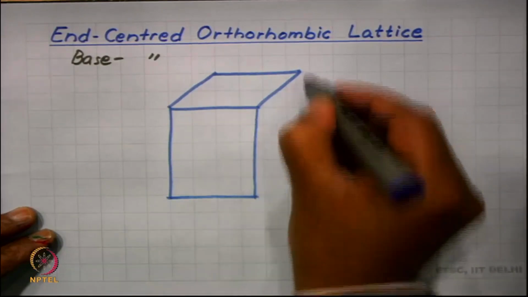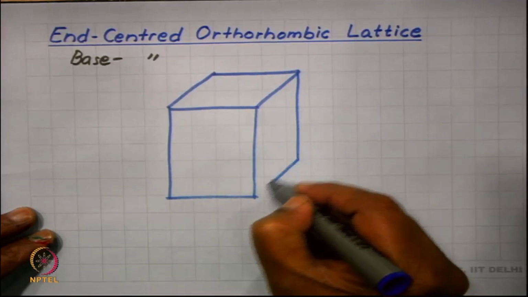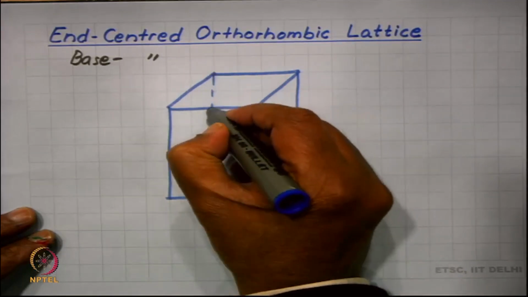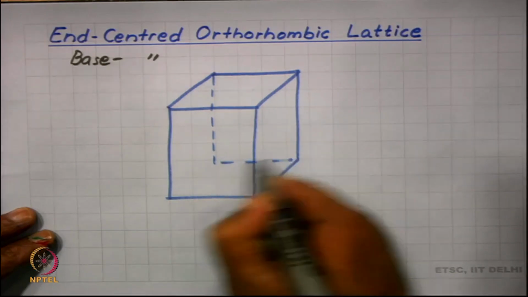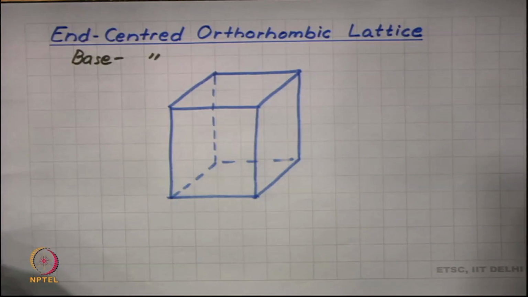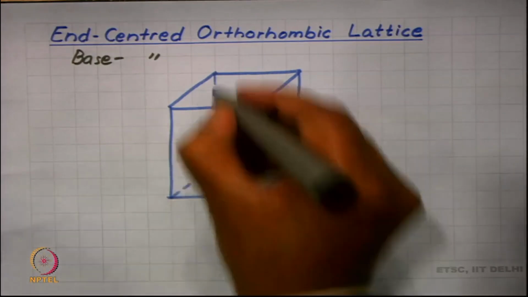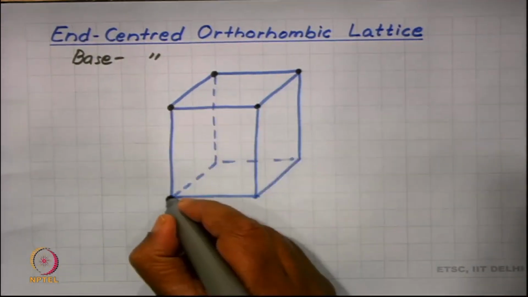Orthorhombic has all 3 sides unequal, but axes are still at 90 degrees. So, that is my unit cell box, and the location of lattice points at corners,